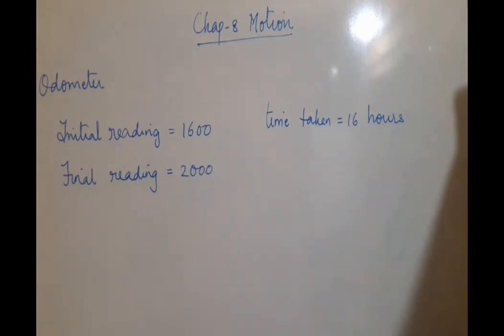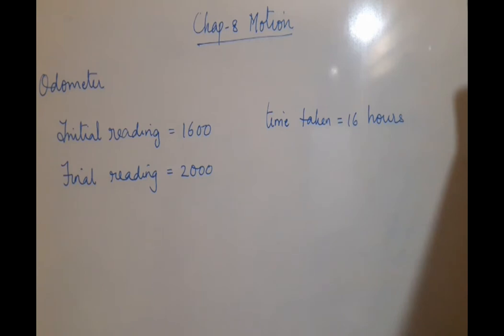Here we want to find out the average speed of the journey. Now remember why I am using the word average speed. Because when he is going on a journey on the bike, there are some places where he will have a high speed, some places he will have a low speed. So the instantaneous speed will be given by the speedometer, but here we have to only find out the average speed. That is the average speed of the whole journey. Again I repeat, the speedometer will tell you the instantaneous speed at any given time. So to see the speed at any time, we have to see the speedometer of the bike.